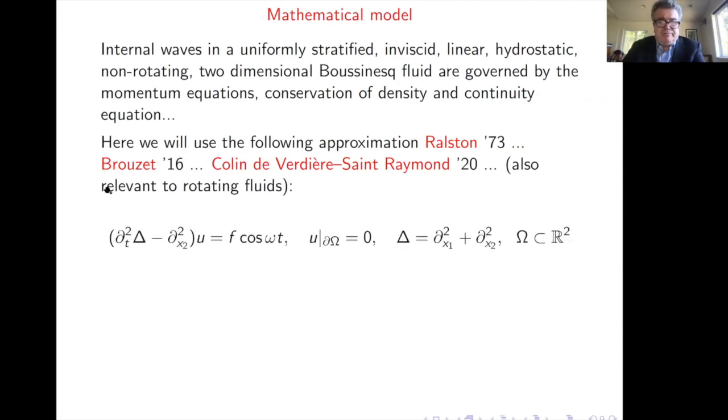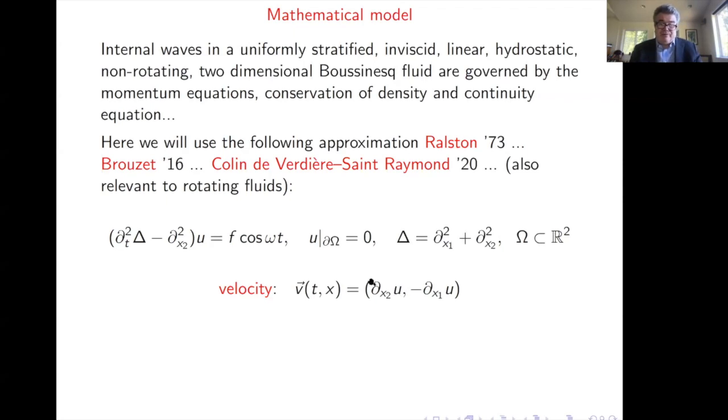And so basically we are going to consider the following simple equation, which looks a little bit like the wave equation, but in a weird way, in the sense that ∂_t² is followed by the Laplacian. And then you have a second derivative in x2. So we are in 2 dimensions. And there is some region in the plane, a bounded region. I will give conditions on this region with a 0 boundary condition. And this is just the Laplacian. And the velocity, supposedly, in this model is given by the curl of u.